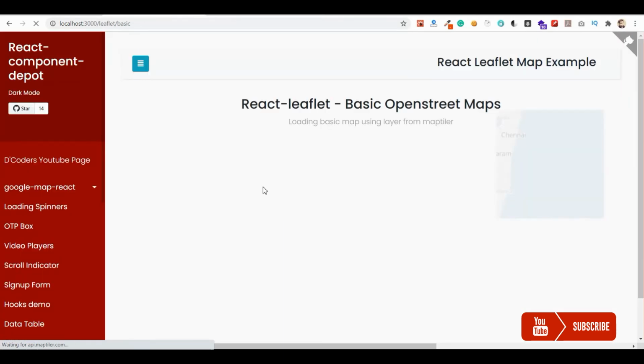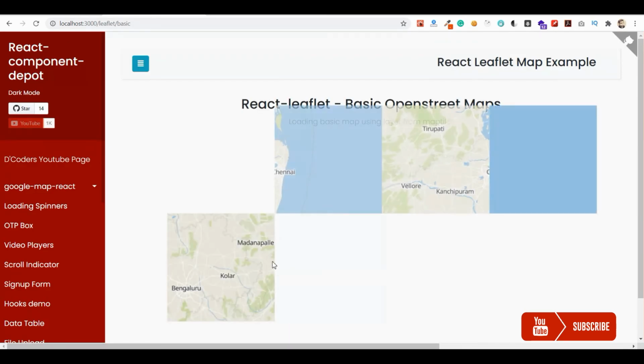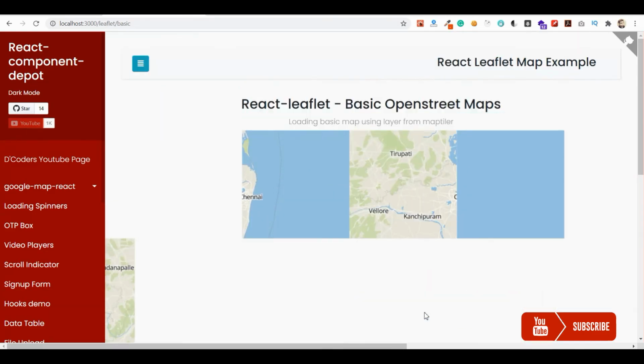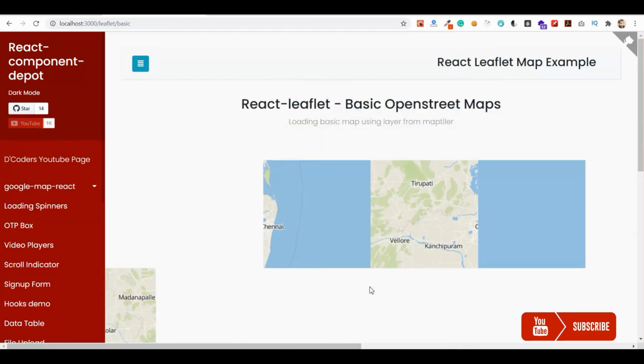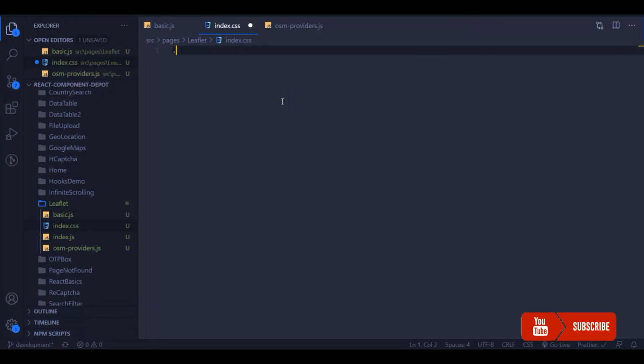When we go to the demo page, we are seeing the map, but it is not loading properly. It's going out of the boundary and hanging somewhere else. For this we need to set the width and height for our Leaflet container. So let's first add CSS to set the height and width of our Leaflet container.